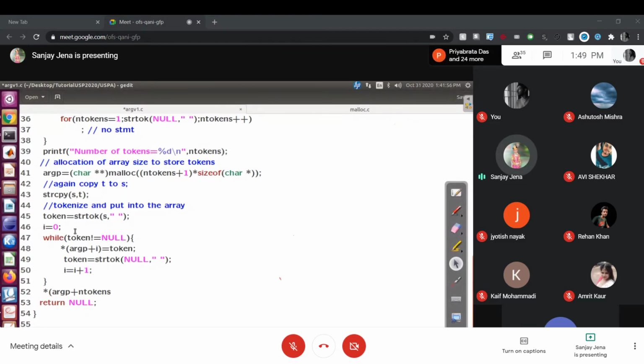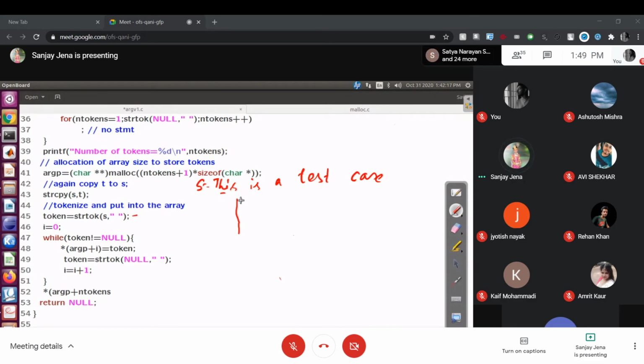First you have taken the token. Your string is: this is a test case. You have taken the first token, that is this, and put it into the array.